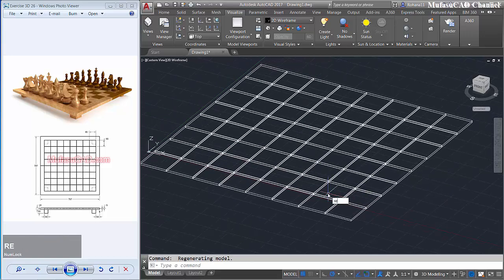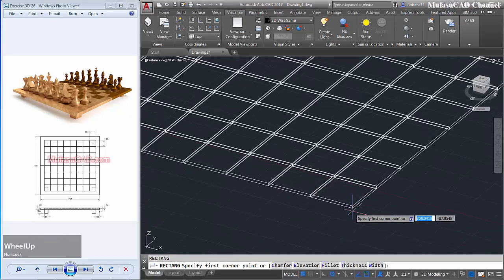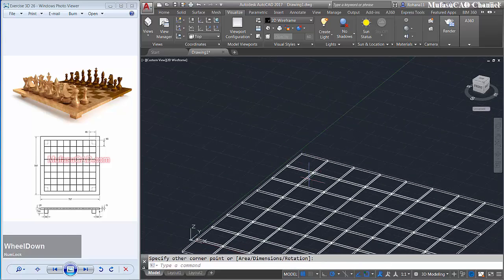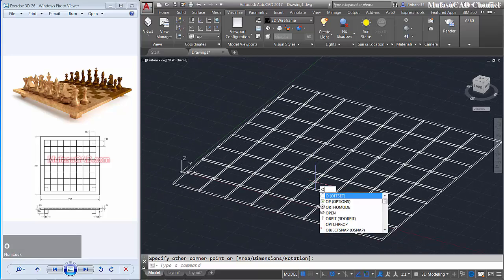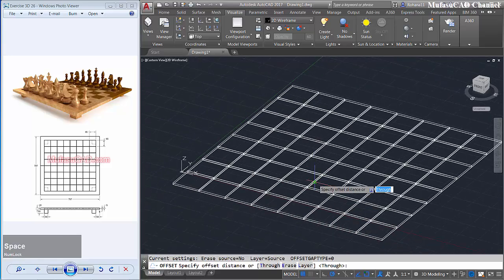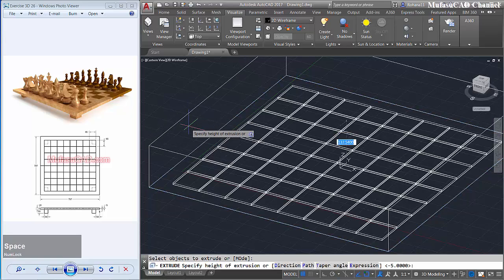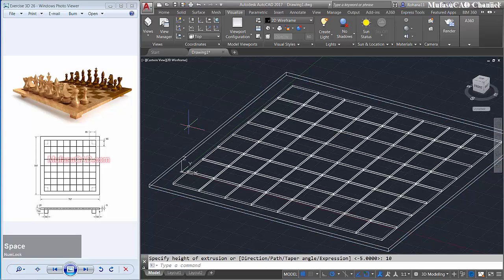We create a rectangle, start from this point into this point. Okay, and then I will use offset command with distance about 50. Select this rectangle object, click at outside here and enter to finish. Use extrude command. I will extrude this object to the top about 10 and extrude this rectangle object to the